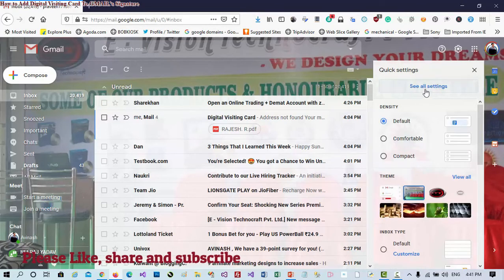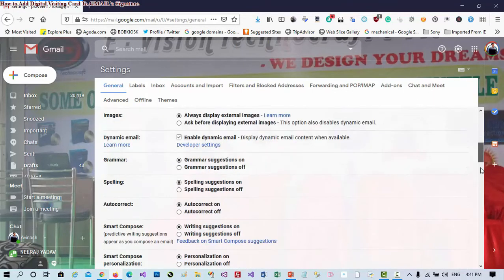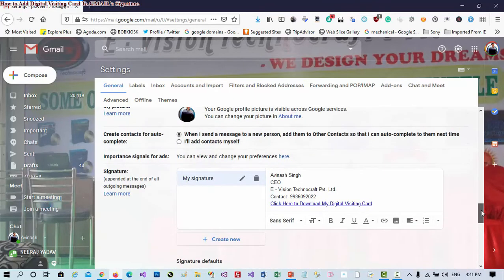So I am clicking here on See all settings. Then you can find a settings page open in front of you. Just scroll down and find this section, Signature, and here I am already using a signature, so remove this.